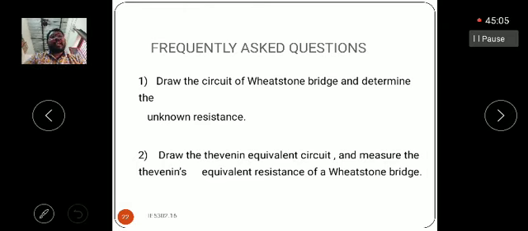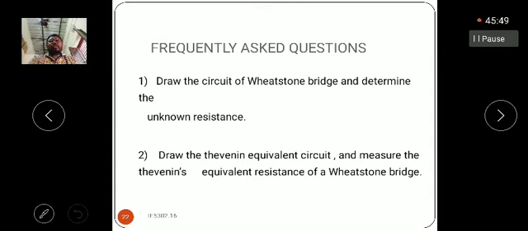The only thing is that where we have to measure the response, the terminal can be replaced with an open circuit. For example, in this particular Wheatstone bridge, we have to measure the response, that means current, voltage or resistance value. Then we must know that across this particular resistance, the terminals are open circuited. Here, between C and D in the Wheatstone bridge, we have connected the galvanometer. The galvanometer is replaced with an open circuit.